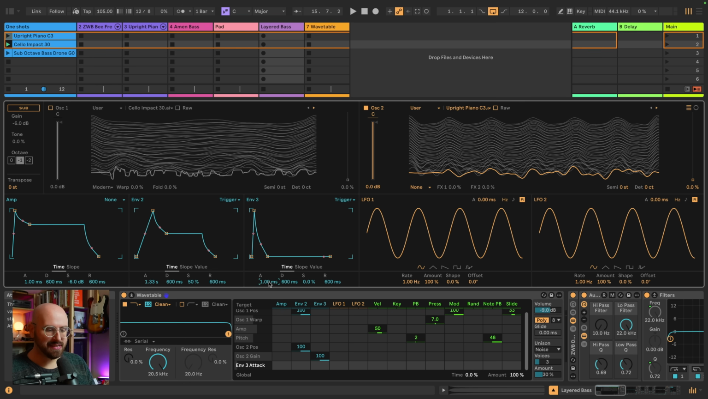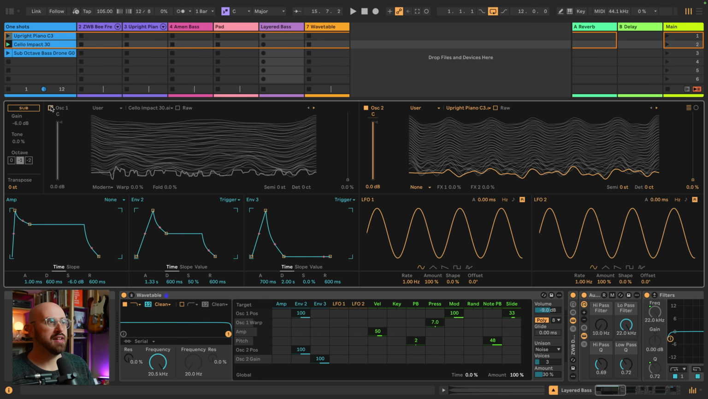I'm going to set the attack to 700 milliseconds so that it sweeps in after the impact of the cello, but set the decay to 2 whole seconds so that it hangs out for a while. That sounds like this. It's pretty ghostly and it just hangs out in the background, but that's what we want. Let's re-engage the cello. It's almost reverb-like. Now to glue it all together, we're going to add the sub-oscillator set to the 0 octave,